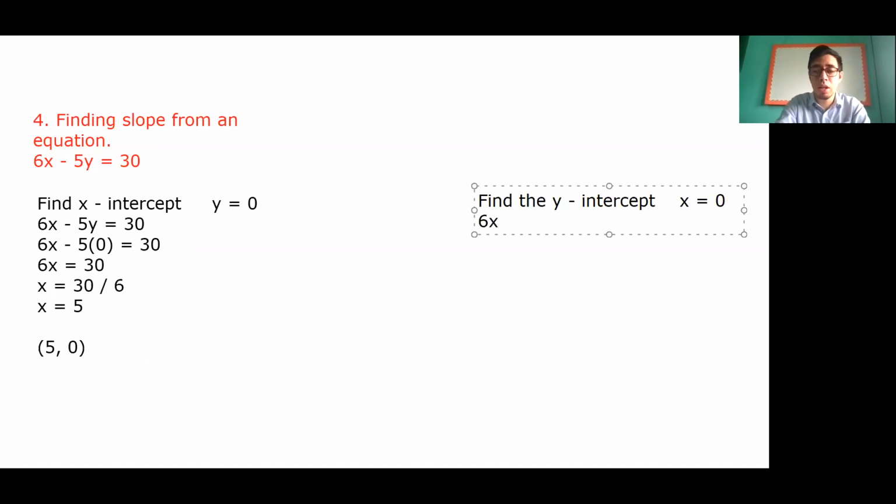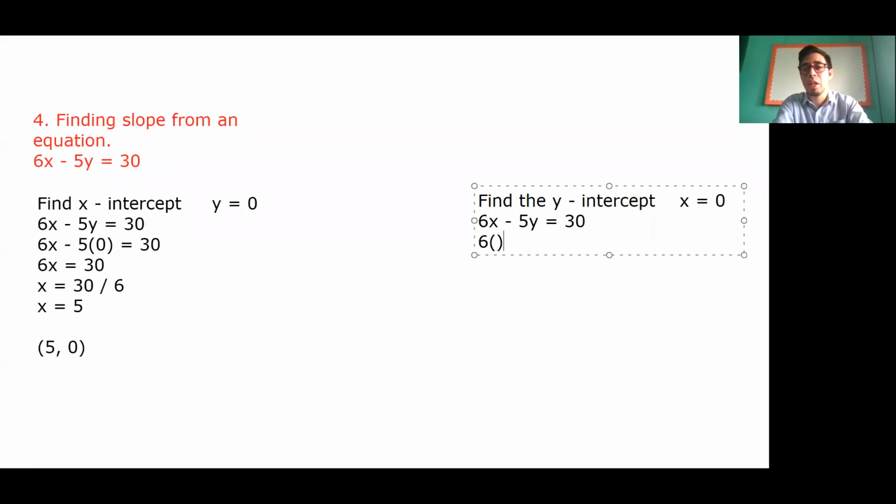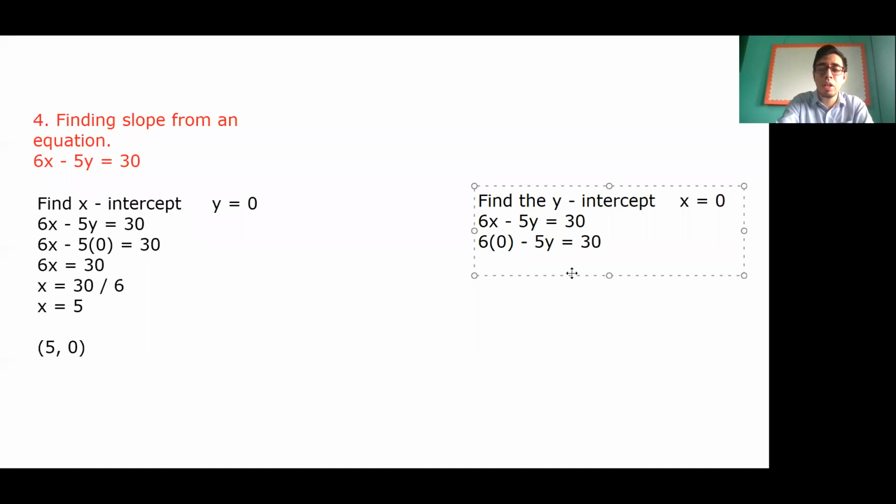So I copy the equation 6x minus 5y equal 30. And I have to replace x with 0. So I have to multiply 6 times 0 minus 5y equal 30. When we multiply this, we have 0 minus 5y equal 30. What is going to happen with this 0? If I don't want to, I don't write the 0. I only keep the negative